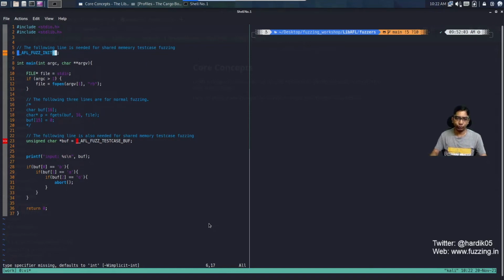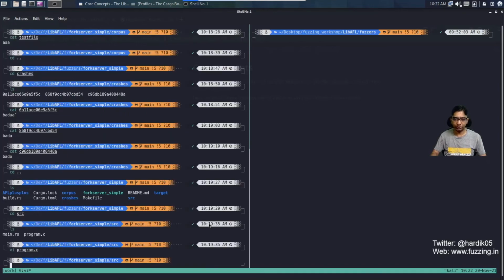But if you don't want to use these lines, say if you comment out these lines and you simply want to use the normal file-based mode, then you can uncomment this line. What it will do is take one buffer, open the file which has been provided over here, read some data into this buffer, and then check these values over here. You can do this also, but since shared memory is very fast, you can use that. So this is what this program does, and this is how you can run the fuzzer.